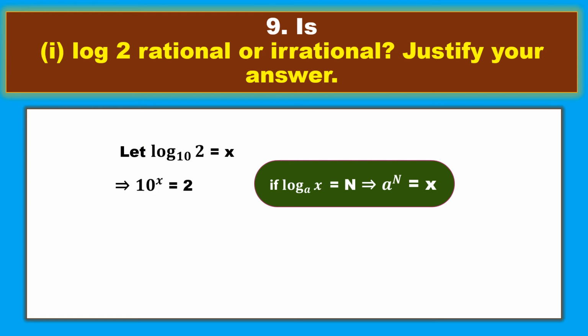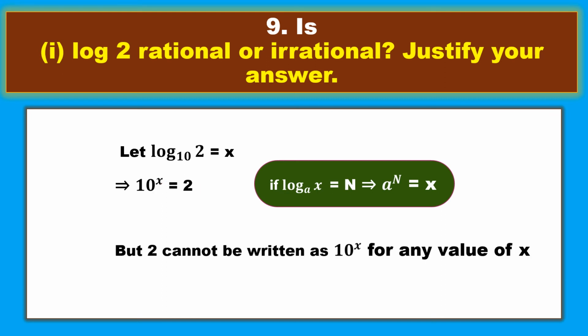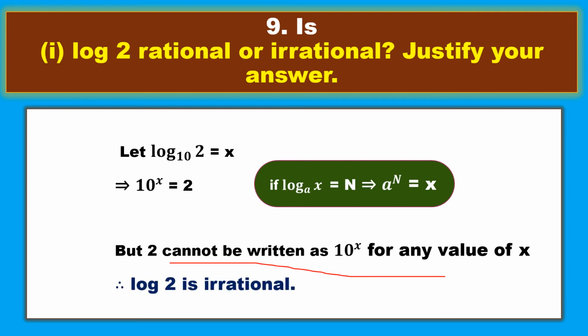Now here it is 10 power x, but here it is 2, right? We cannot write 2 in terms of 10 power. It is impossible to write 2 in terms of 10 power, right? So I can tell that 2 cannot be written as 10 power x. For whatever value of x you take, whether it is 1, 2, whatever it is, it is not giving a 10 power value, right? So as it is not written like this, we can say that log 2 is an irrational number. Okay, so by using this method, we'll solve the next problem.